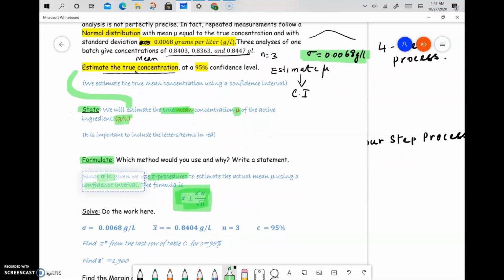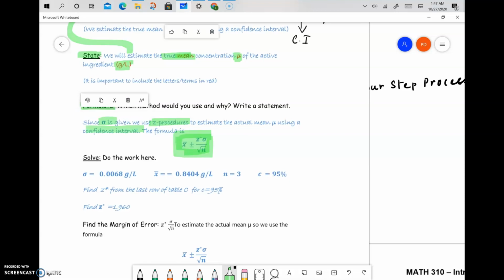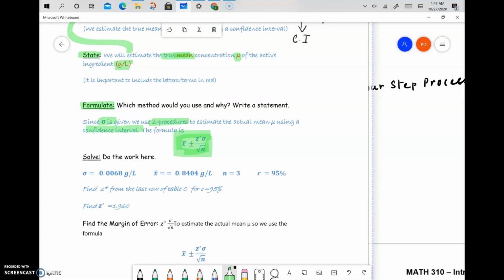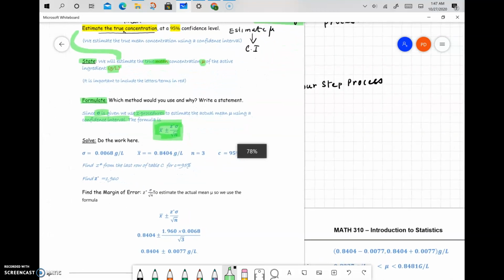Our next step is solve. So we have state, formulate, solve. Solve is the part where we do all the work. We've done this in previous questions in the homework. We write down everything: the sigma, x bar, n, C the confidence level, Z star from table C. It depends on what your confidence level is. In this case, it's 1.960. We write down the formula,